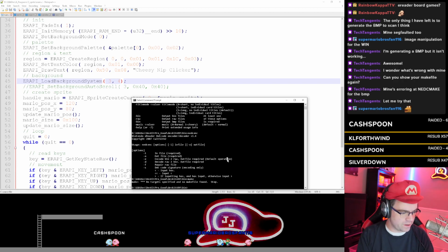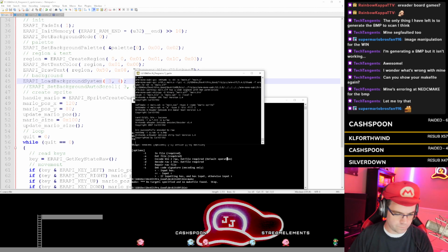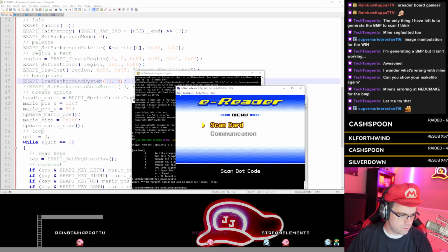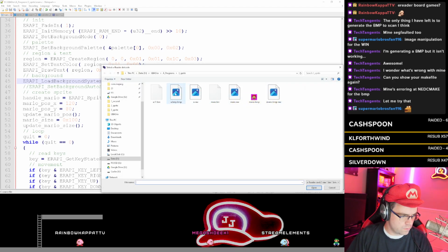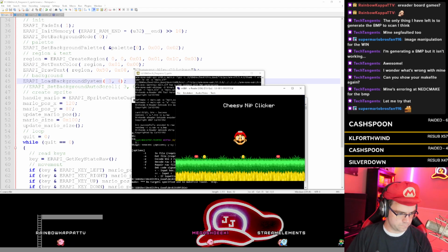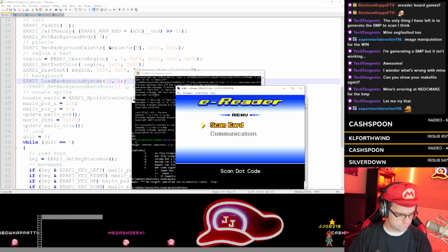I wonder if there's a way to look this up. That's not the right window again. Make. Scan.code. That turned out the same. Scan.code. Did I not actually like...